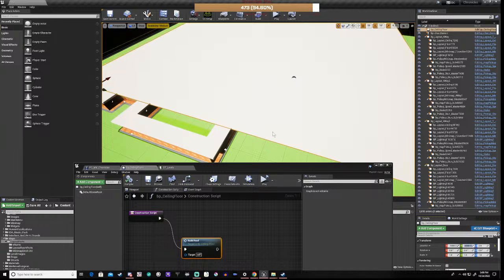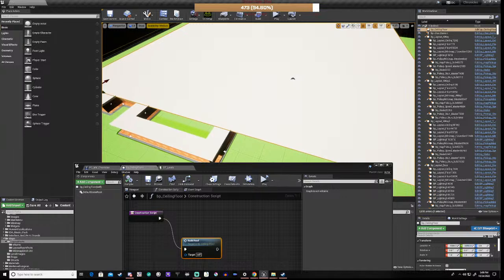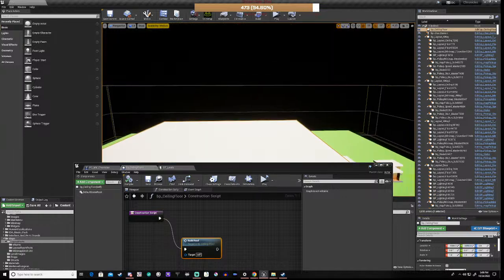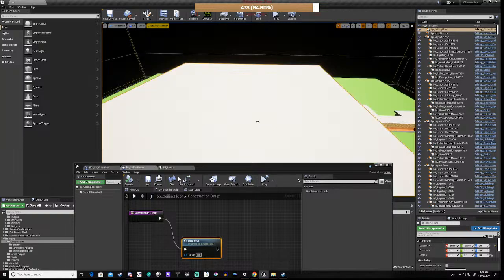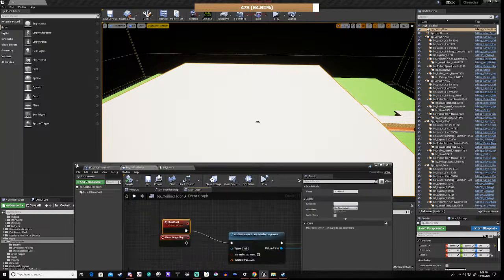Now, here's the interesting thing. If we go to our event graph,